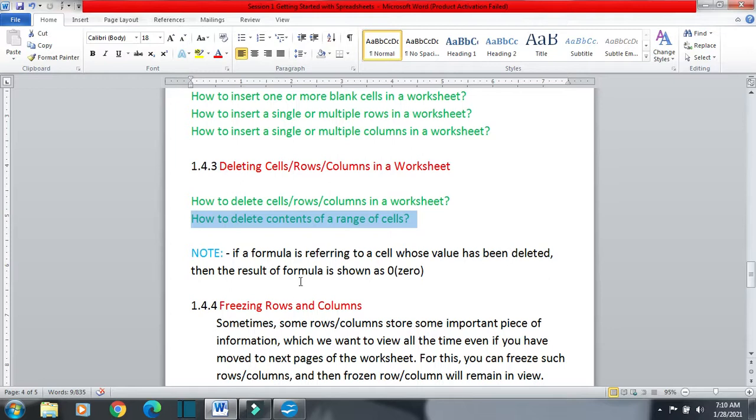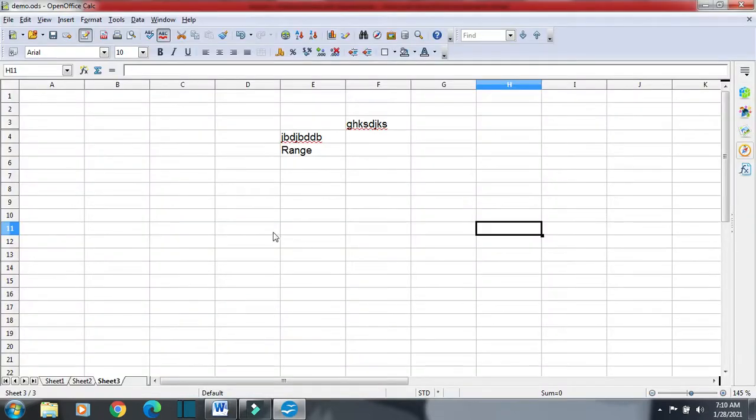One more thing is, if a formula is referring to a cell and you have deleted the value of the cell, then the result of the formula will change. For example, suppose I have data here as 34 and data here as 56, and I have used one formula, A1 plus A2.